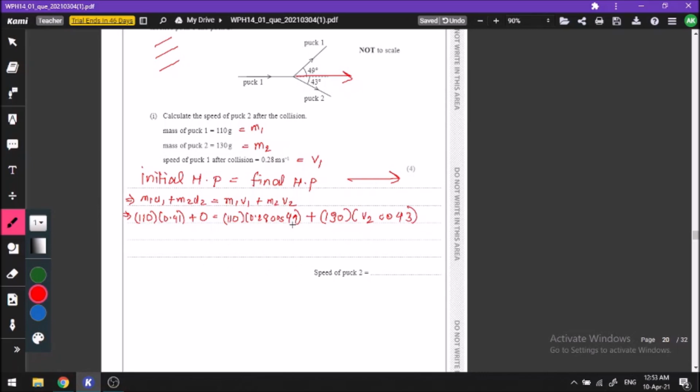If you don't understand how this equation came about, please rewind and see this portion again. So the fundamental step for solving this sort of equation is writing these two steps: initial momentum is equal to final momentum, and remembering that we have to take the component along a particular direction. In this scenario, we took the momentum along the horizontal axis. You could also do the same math using conservation of the vertical direction momentum, and you should have the same answer. So that should give you a final velocity of puck 2 to be 0.26 meters per second.